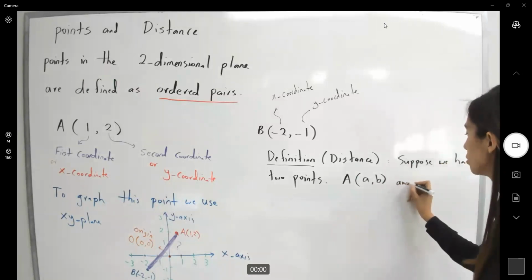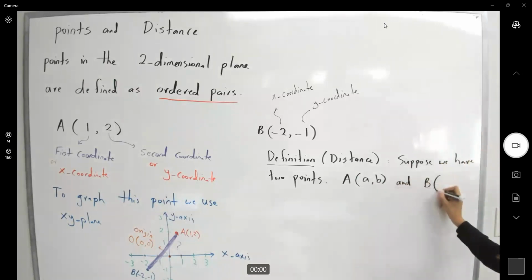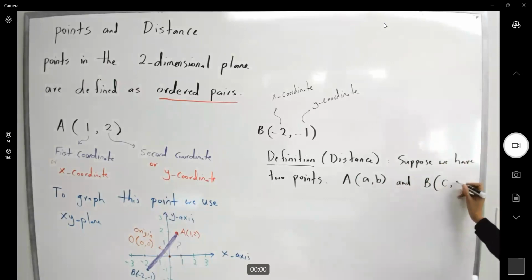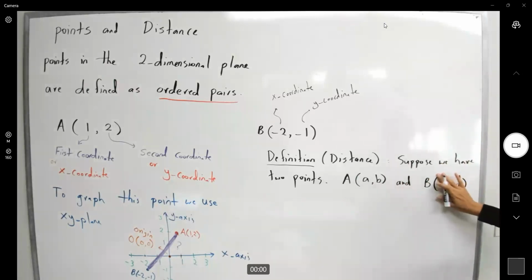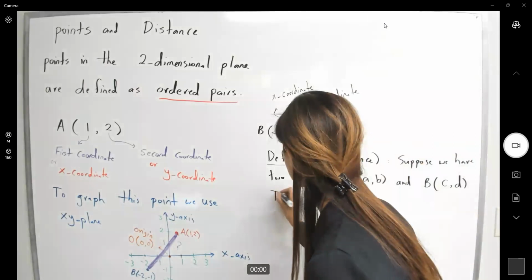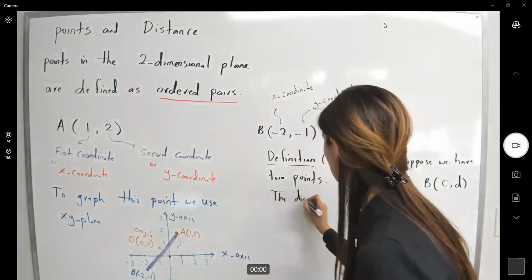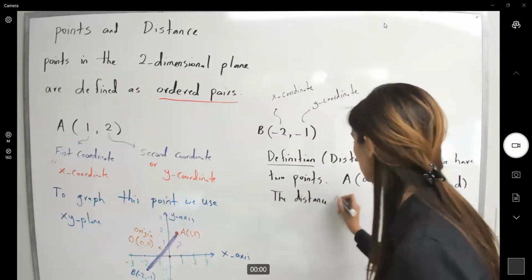And you also have the second point B, (c, d). The first coordinate of point B is c and the second coordinate is d. Well, the distance between